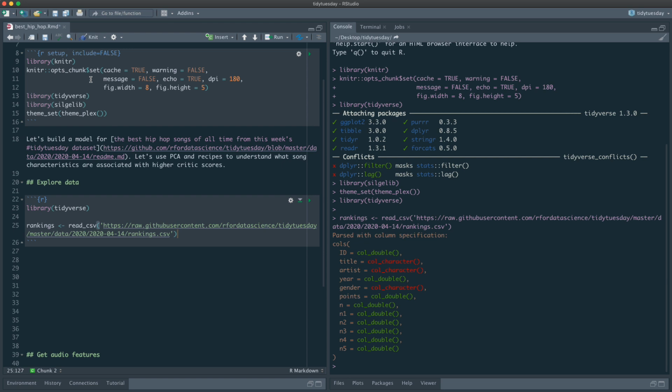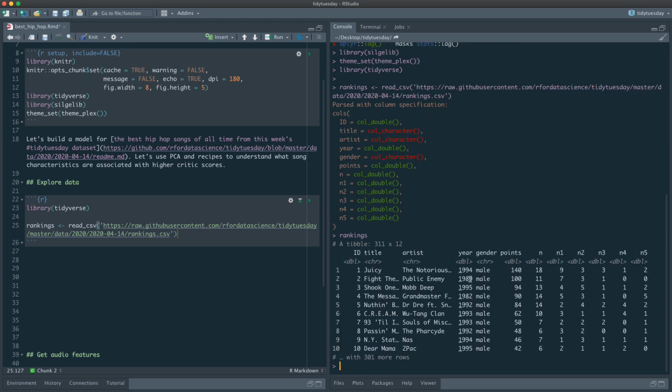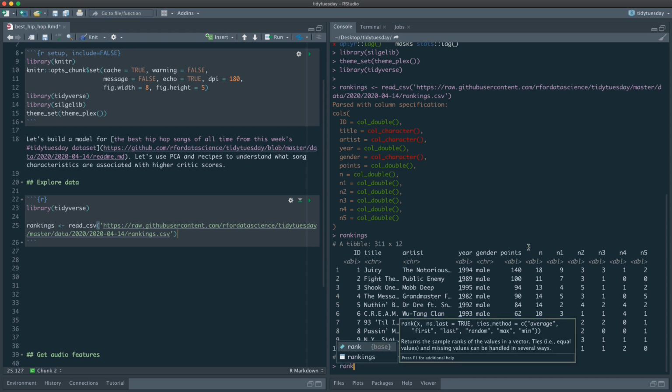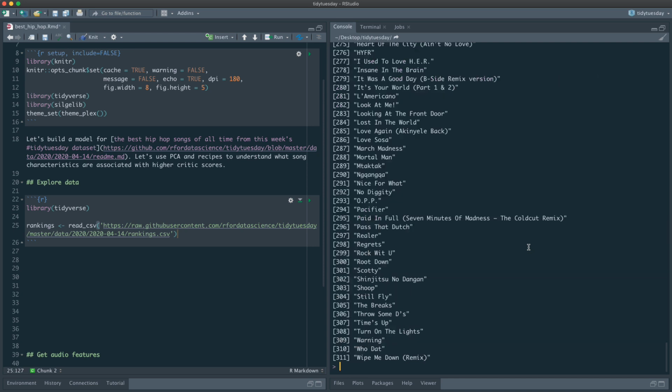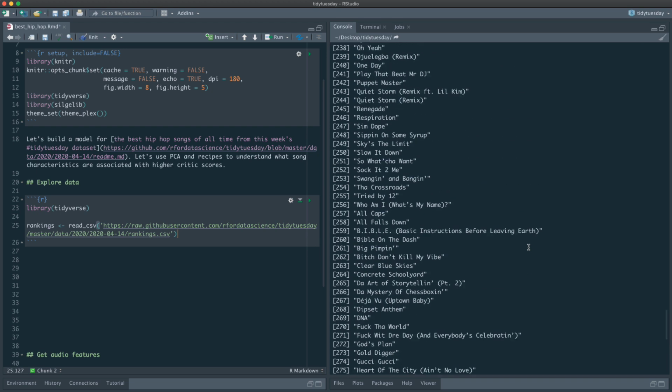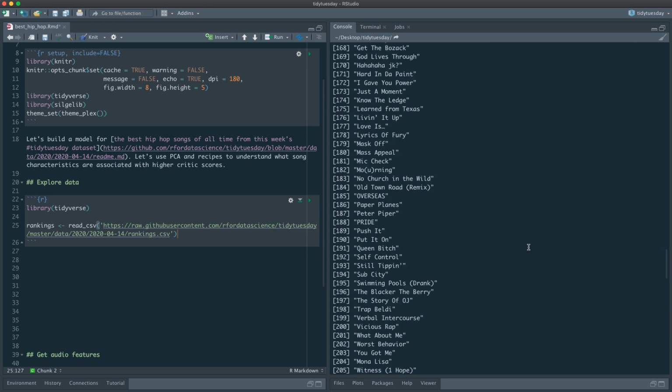So I loaded some of my setup information here, and then I got this data. So I'm using the rankings data from this week's Tidy Tuesday data set on this data set of hip hop songs. So if we wanted to take a look at what is here. So here are these songs that we have, and so this is a data set of